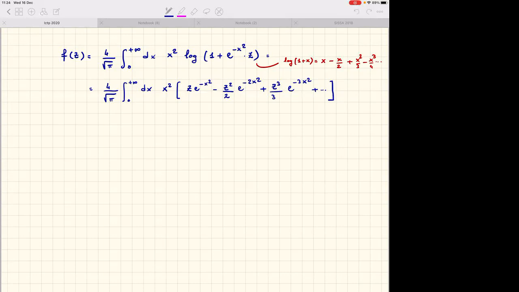Now, if in this integral I make a change of variables and I set 2x squared equal to x prime squared, and in this one I set 3x squared equal to x prime squared, what I will get is the following expression: 4 over square root of pi, integral between 0 and plus infinity dx of x squared